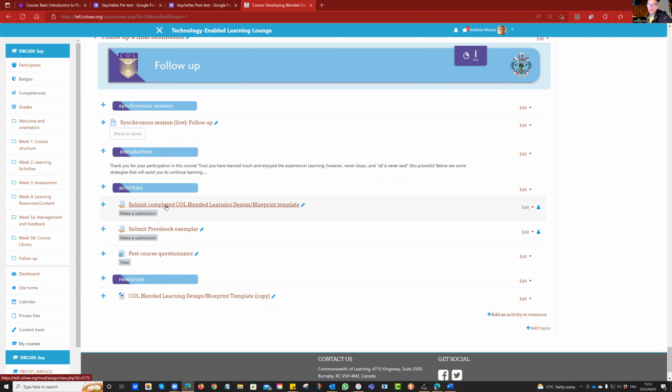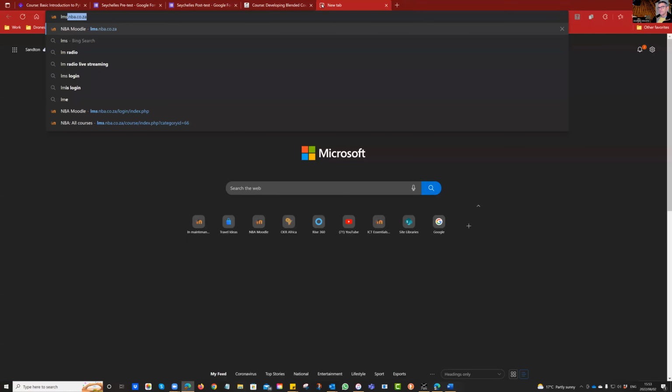My problem with the way this has been set up is that there's multiple different places where you might have put your template. So I'd like your final one, the one that you're happy with, the one that's going to get you all those marks, in here. So can you upload it in here? The Pressbook thing, they're all over the place. Can you give me the one you want me to share and put it in here? All right. I know where your LMSs are, so let me just show you where I think it is.